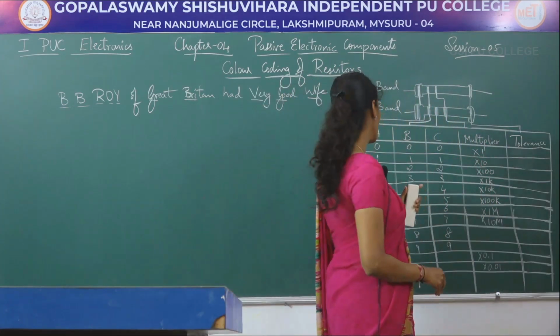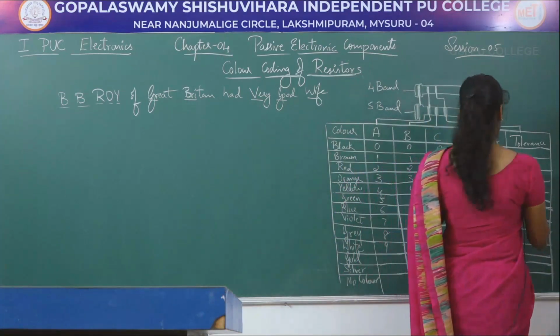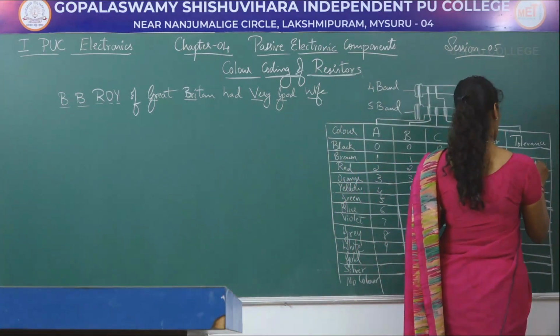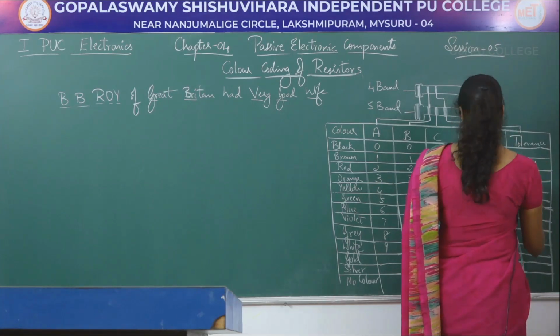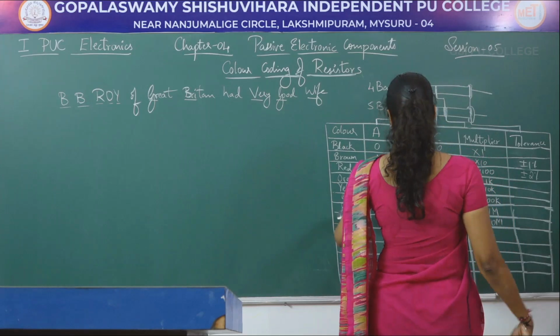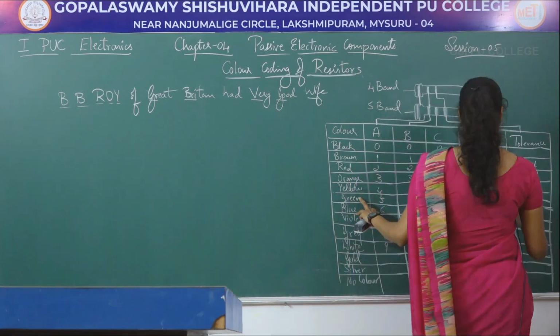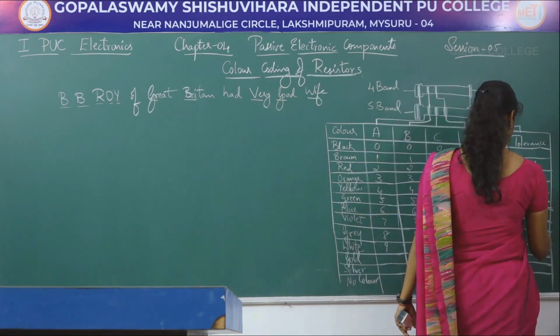Coming to the tolerance value, black will not be having any kind of tolerance. Brown is having a tolerance of plus or minus 1%. Next, red is having a tolerance of plus or minus 2%. And orange and yellow are not having any tolerance value, whereas green is having a tolerance value of plus or